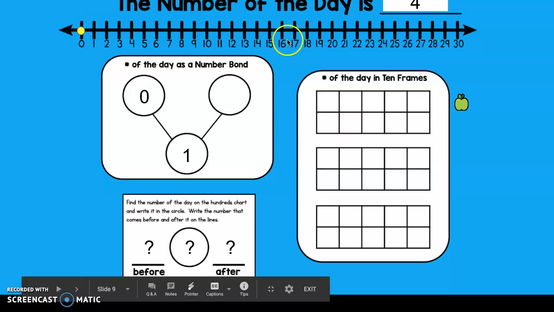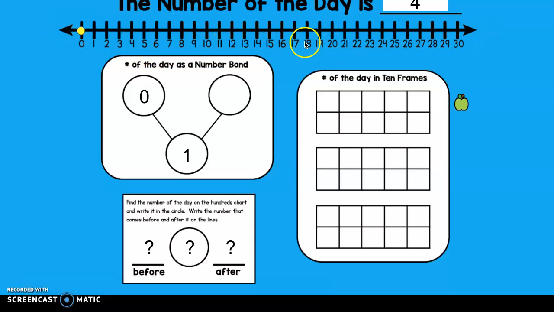But first, let's look at our number line. How do we use a number line? We've been talking about that this week. How do we find the number 4 on the number line? That's right, we start at 0 and we count to number 4. And then we'll drag this dot. So let's count. Ready? Starting at 0, we always start at 0. 0, 1, 2, 3, 4. So we'll move our dot right there to number 4. See? Just like that. That's how we represent it on a number line. We color in or we drag a dot to show it on the number line.